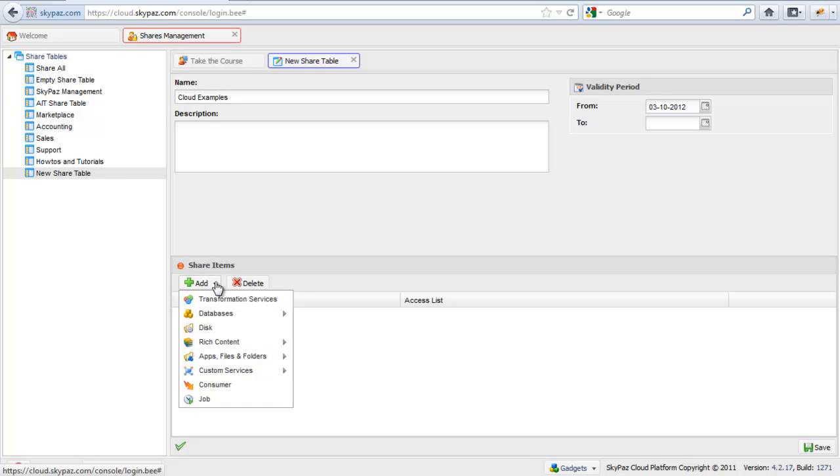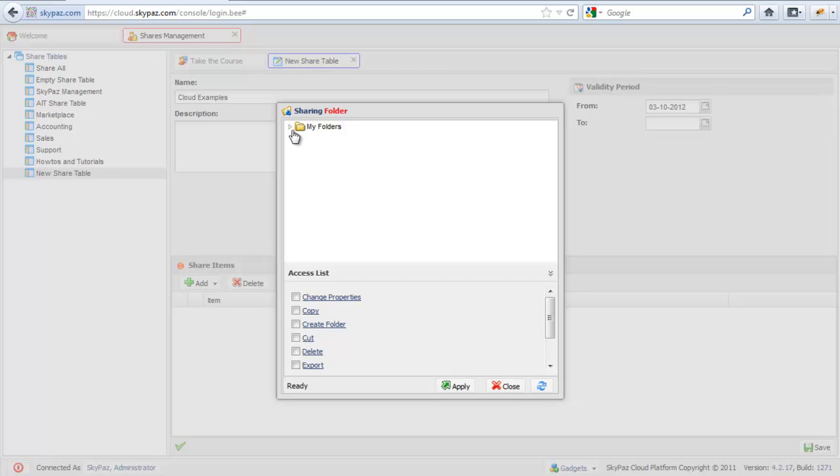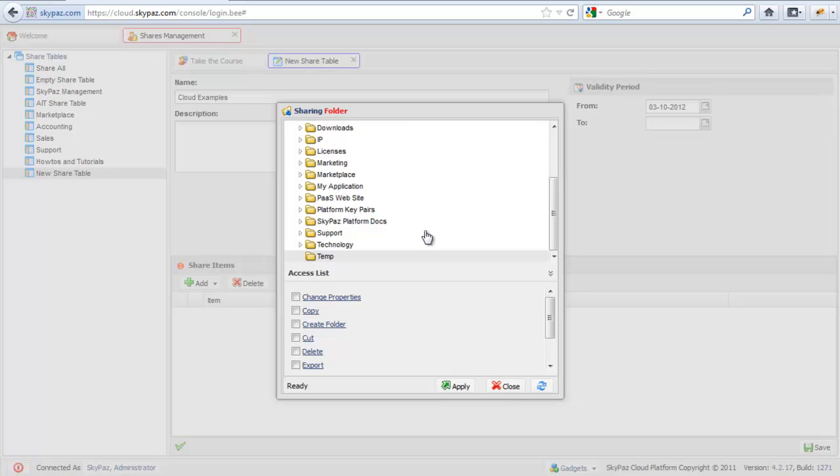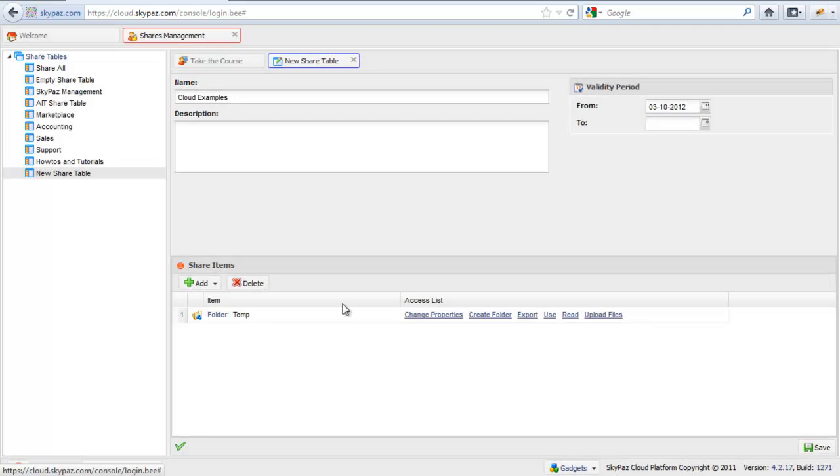For example, in the apps and folders, I will share a folder with this user. I will share this folder, and I will attribute to this folder some rights: he can change the properties of this folder, he can create a folder under this one, he can export it, for example, use it, read from it, and upload files. And I will apply. So here I created an ACL, access